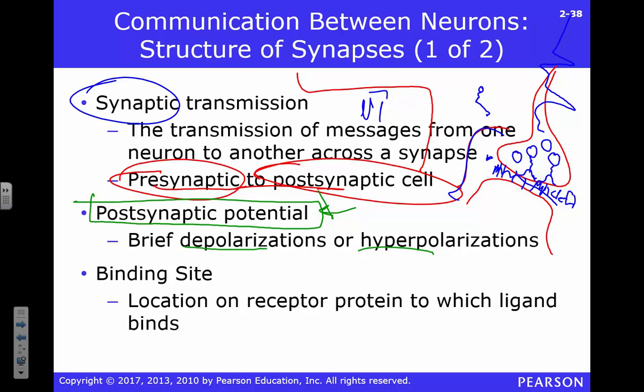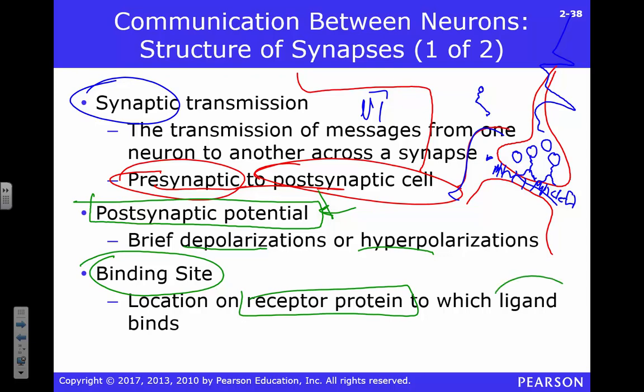Here's a complicated concept. It's called a binding site. It's a site where something binds. I know. You've got your receptor. Why do they call it a receptor protein? Basically, everything's a protein, right? And the receptors are going to be proteins. Your ligand, what is a ligand? For our purposes, a ligand is going to be a neurotransmitter. Dopamine, that's a ligand. Anything that's going to bind and be able to operate that receptor, that's a ligand, okay?